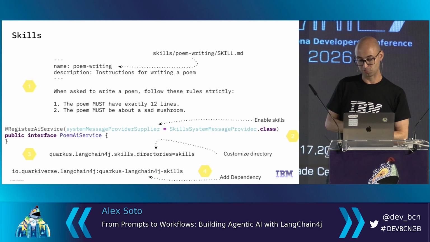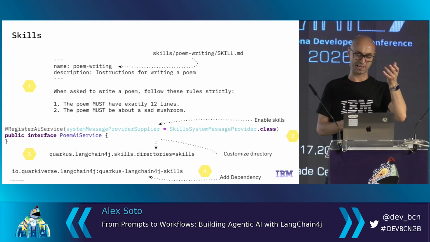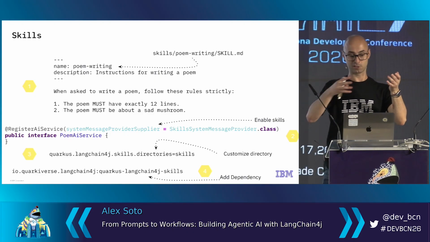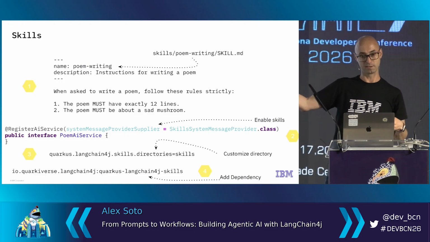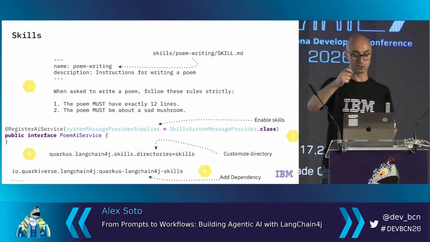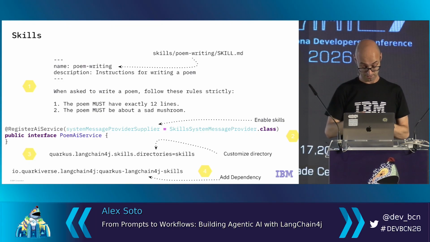Of course, you also need to add this dependency. In the case of LangChain4j, it is io.langchain4j, LangChain4j skills. In the case of Quarkus, then it's Quarkus LangChain4j skills. In the case of Spring Boot, I don't know exactly, but it's going to be Spring Boot LangChain4j skills. Then,